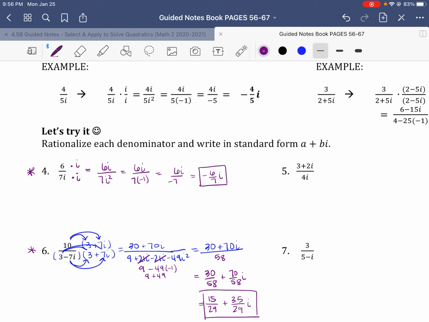Your calculator will allow you to do some of these if you have the TI calculators. So I just want to make you aware that it will go through and do some of the multiplication and division to allow you to check your answer. But I would definitely practice these by hand. Just being able to simplify essentially the i squared and knowing how to use the conjugate to help simplify and write a division problem of